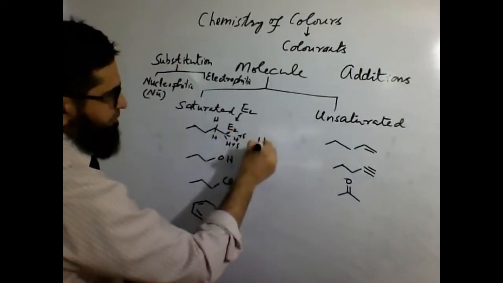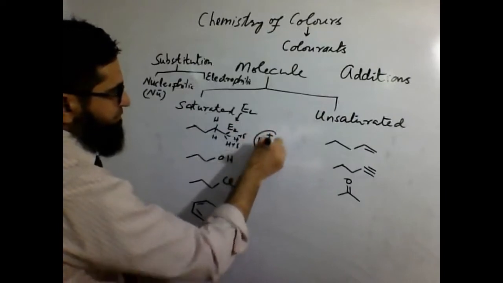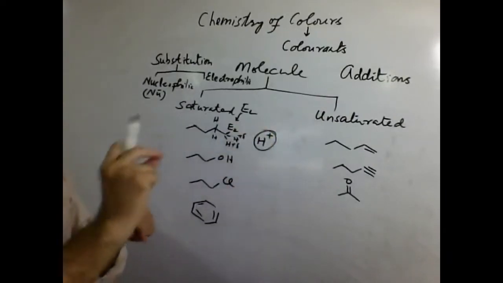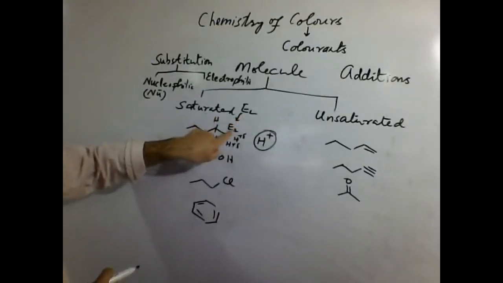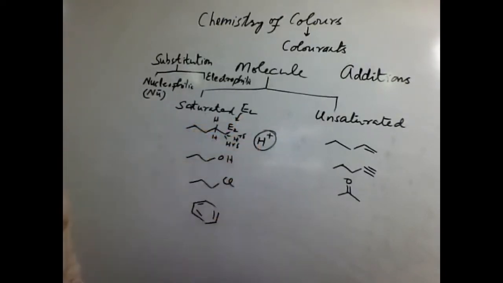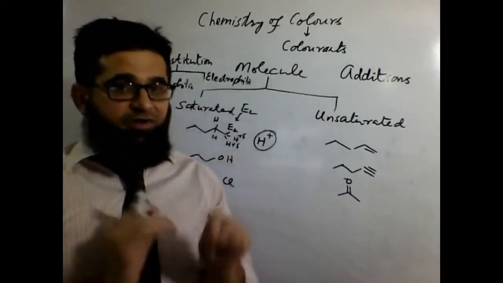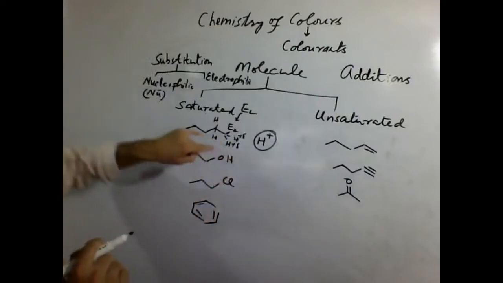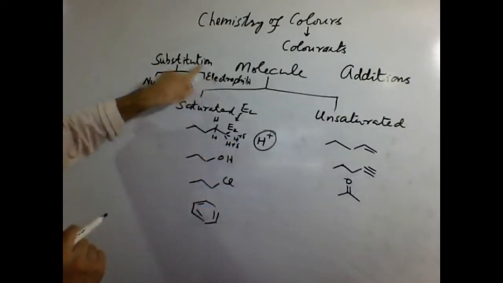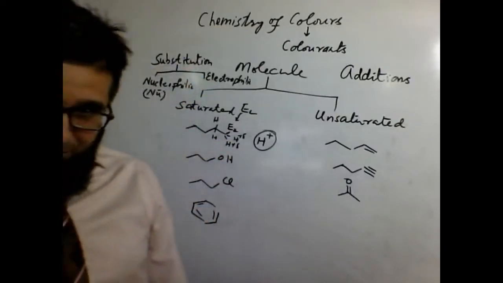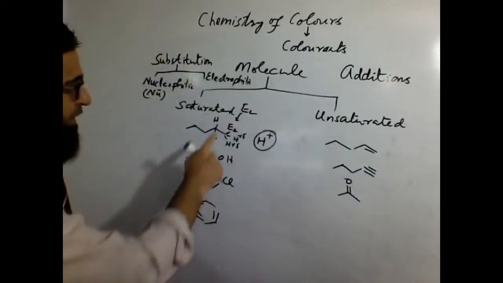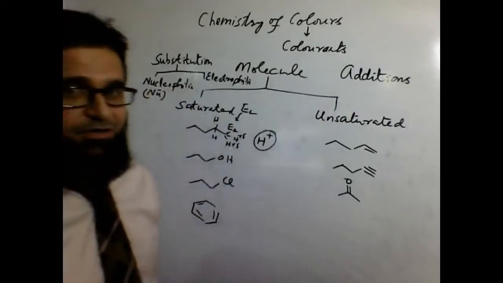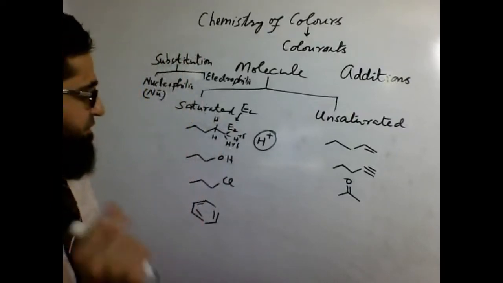The proton will be kicked out as H positive. When one electrophile has moved in, the other electrophile has been kicked out. One positive species has substituted the other. Positive species means electrophile. Such a reaction will be regarded as electrophilic substitution. It happens when the molecule has only protons. No other choice. Protons are electrophiles, so they are supposed to undergo electrophilic substitutions.